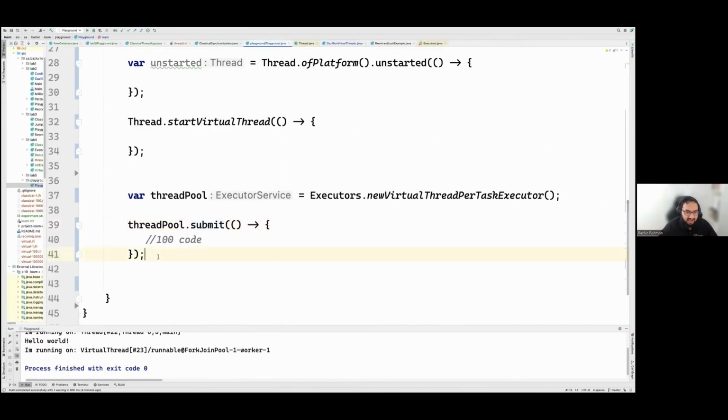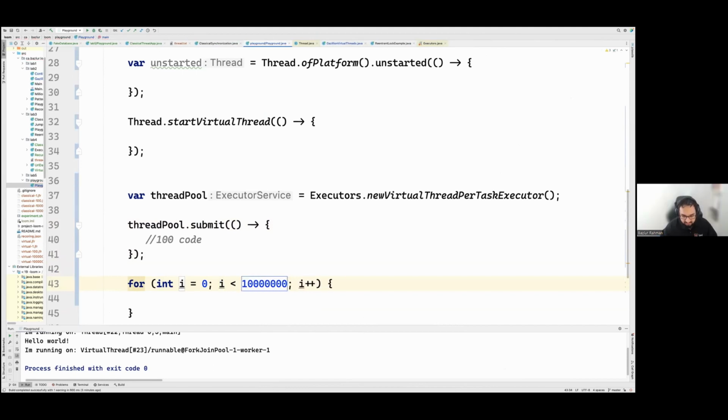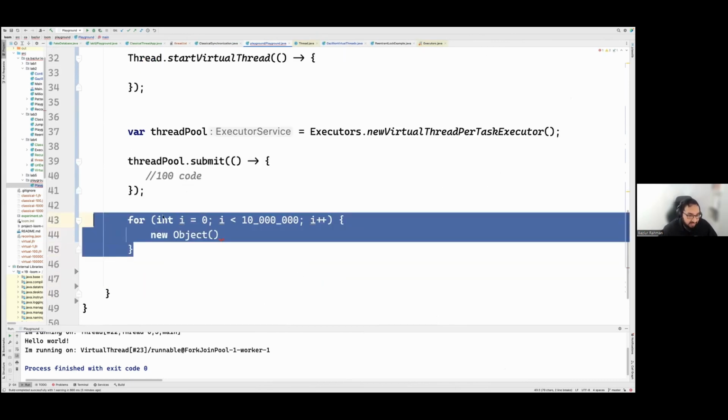Say in our regular program we create a for loop with 10 million items, and we create a new object each time. If we run this program, there is a chance that this simple code also gives you out of memory, because there is no memory available to allocate in your heap.